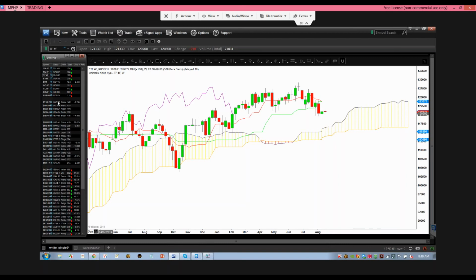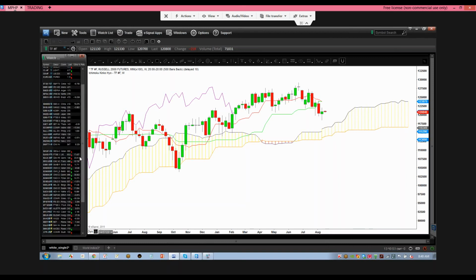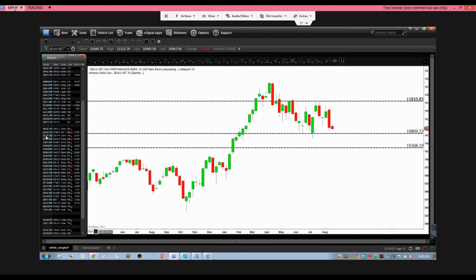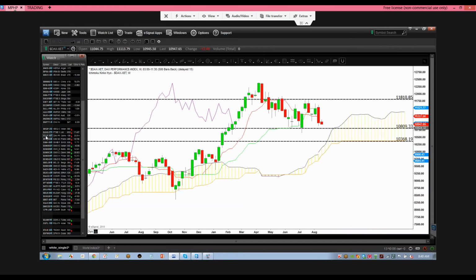Let's now traverse and go over to Europe. The biggest one that we want to look at is going to be Germany here. So we're going to look at Germany, and you can see Germany here. We have this outlined already with support resistances. Germany is ranging between these levels here of 10,809 and 11,810. So it's basically ranging between those two levels, and we've been marking this off for a couple